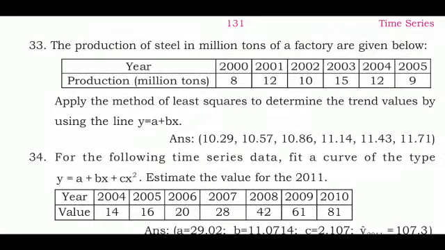So with this we come to the conclusion on the topic time series. I repeat once more the things which you need to keep in your mind. There are 4 components. Among the 4 components, secular trend is the component which you will be studying in detail. And secular trend has got 4 methods to study. First is the graphical method, second is the semi-averages method, third is the moving average method, and fourth is the least square method. From the examination point of view, among these 4, moving average method and least square method are the 2 in which you have to be perfect at solving an example. Of course, least square method again becomes a 10 mark question.